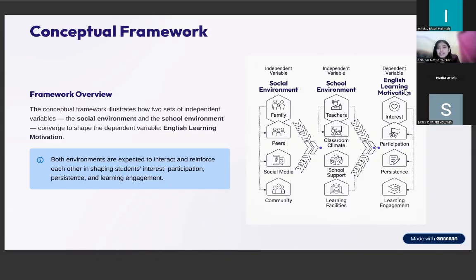Then the dependent variable, English learning motivation, is really important, so we need the adolescents' interest, their participation, and also their persistence and learning engagement.